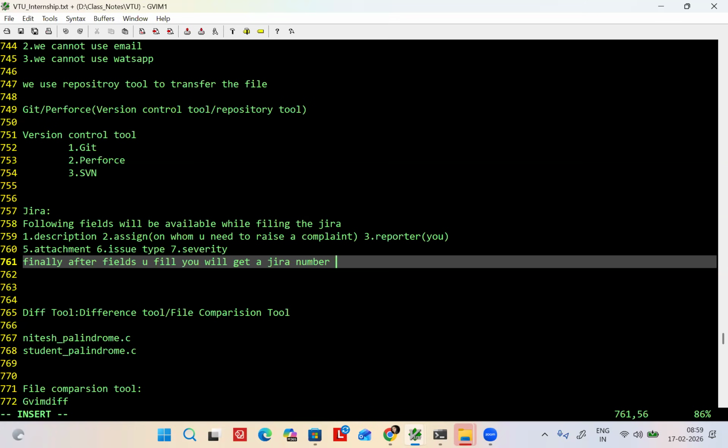Okay. Why? Because now you will go to some company. You will go to Qualcomm or Intel or anything. See, I'll just tell you how Jira was very helpful for me. Not only me, for everyone. Example, tomorrow you will go to the company, you will get some kind of work. You will get one error. What will you do? Will you ask your senior? Will your senior help? Huh? No. You are the one who needs to do it. How will you get to know where the error is coming from or how to resolve that error?